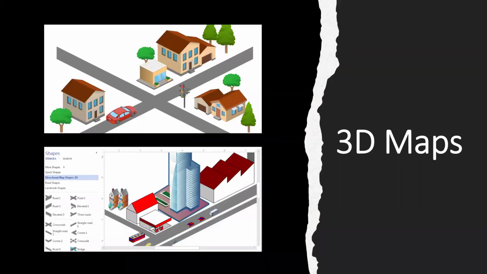You can create 3D maps, believe it or not. So if you want to create a poster or a brochure or an invitation, you can do a 3D map. It's basically just dragging shapes on, drag your houses on, your trees, your streets. Honestly, guys, Visio is actually quite simple. There are a few little quirky things about it, but once you know how to put your shapes on, yeah,